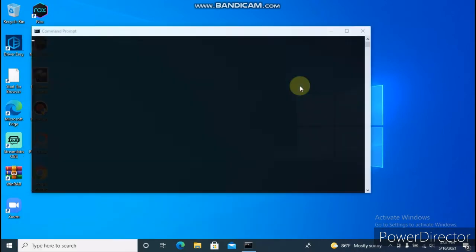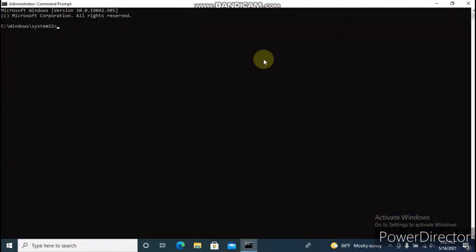Here you can see it is in administrator, in C:\Windows\System32, and here you should type the command diskpart. It means that it is running as administrator and is executed in this path. So here you should type the command list